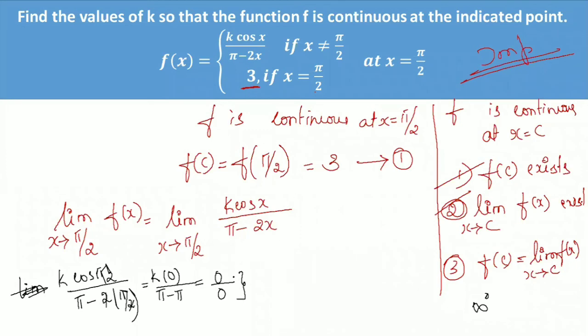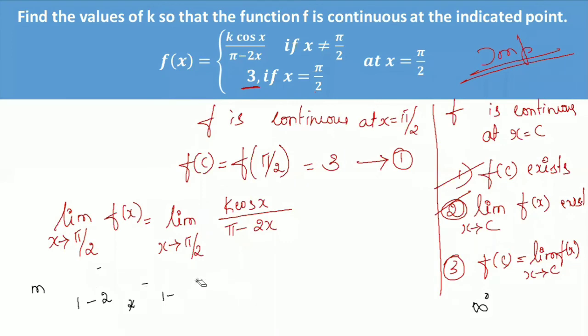Okay, because if we directly substitute x is equal to pi by 2, we will get it in the 0 by 0 form. So do you remember L'Hopital's rule? What we have to do is make some changes so that we won't get it in the 0 by 0 form. So what is that change? What could be done, students? Can anyone tell me? You have cos x. What could be done?